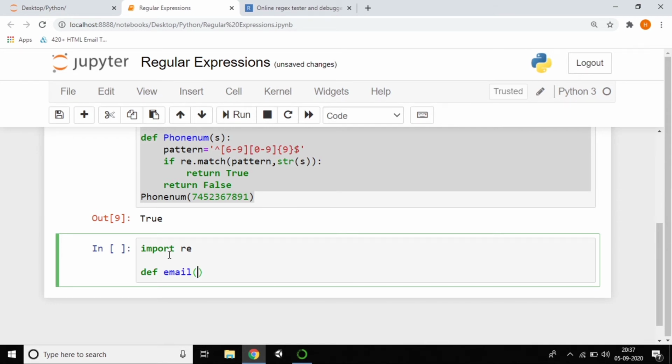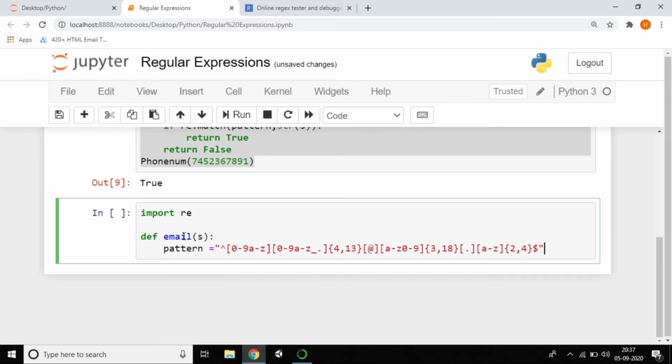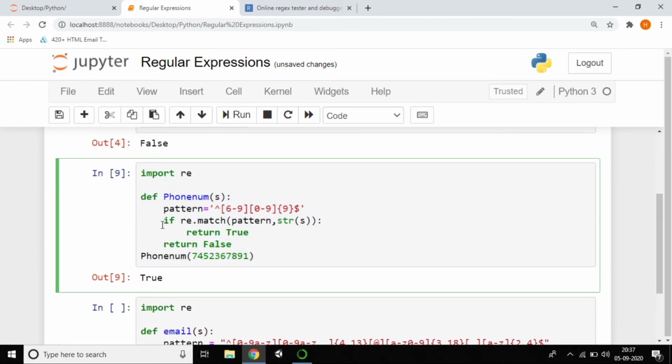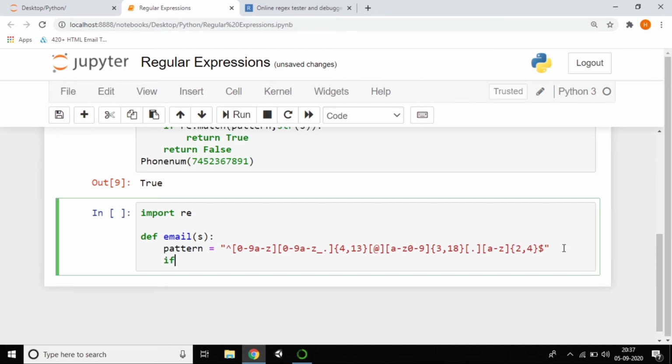What you want you can pass. If you want to pass a string, you can pass the string, yes. So of course I'm passing the string. Now here, just copy and paste the pattern. Is it working or correct, we can check afterwards. If the pattern matches, you need to write re.match, and it should print true.